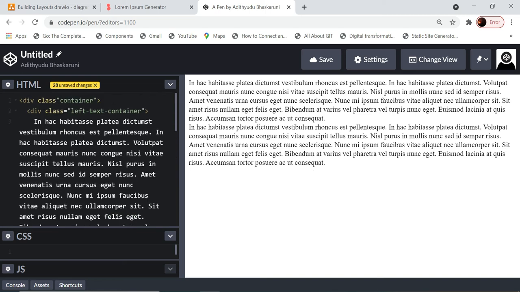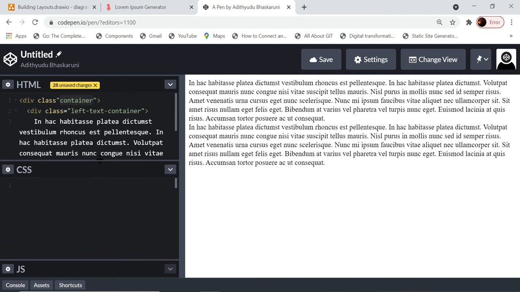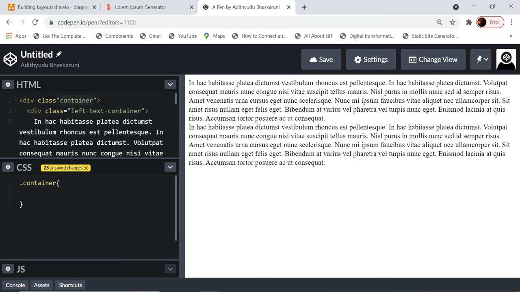So let's give some borders to these. I'll give a border to this container so that we know exactly what the borders are. Container border: 1 pixel solid green, and I'll just give padding of maybe 20 pixels.